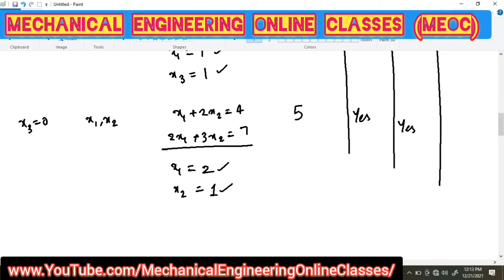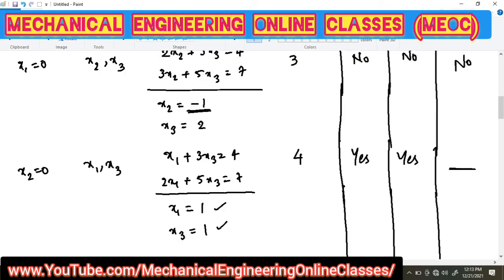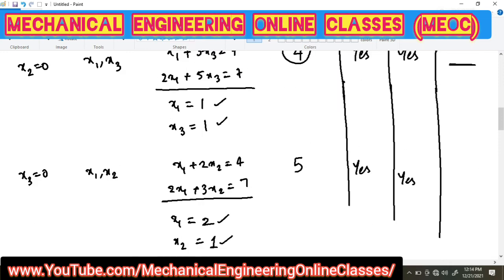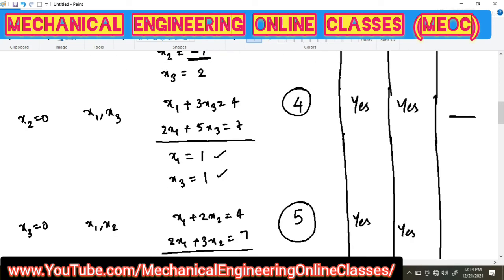Is this solution the optimum solution? Optimum means the maximum z. So z is maximum. This is 3, this is 4 and this is 5. So anyway the first is not a feasible solution. So in case we are comparing the second case and third case, then 5 is greater than 4 and the objective is to maximize z. So wherever z is maximum, that is our optimum solution. So it is a yes for the third case where x3 is made 0. So for the second this will be a no.